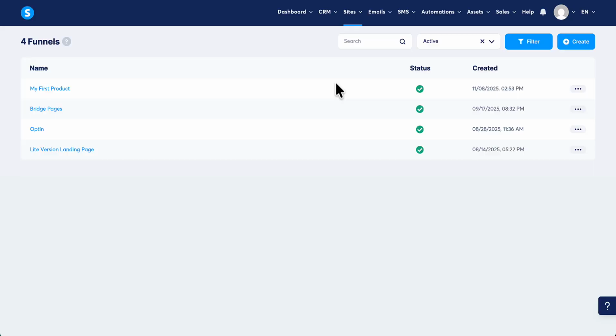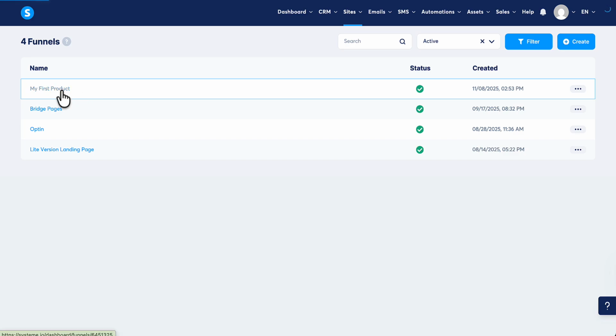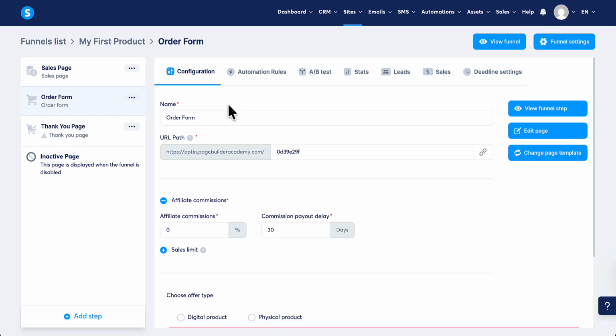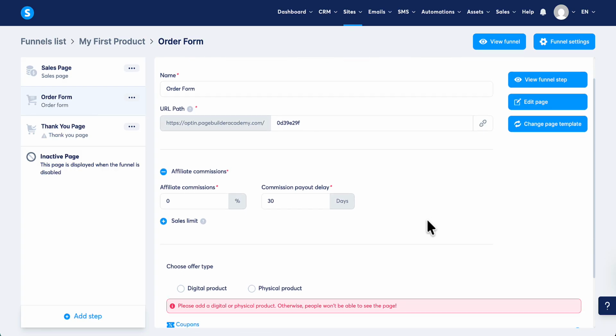Once you log into your System.io dashboard, we need to go back to sites and then sales funnels and select the sales funnel you're working on, which in this case is my first product one. So I'm going to click on that and just make sure the order form is selected. And then if we scroll down,